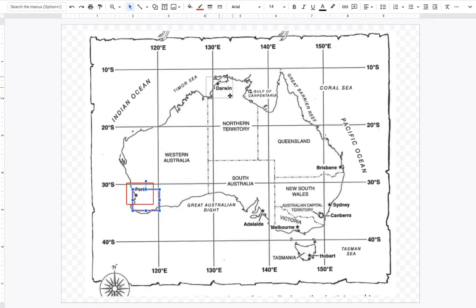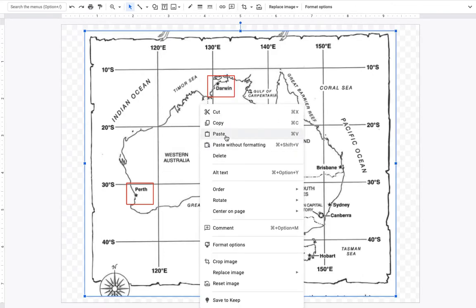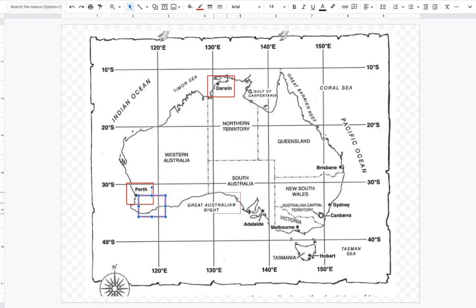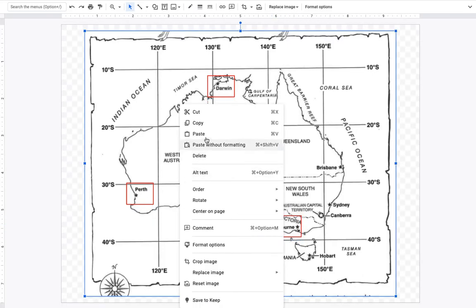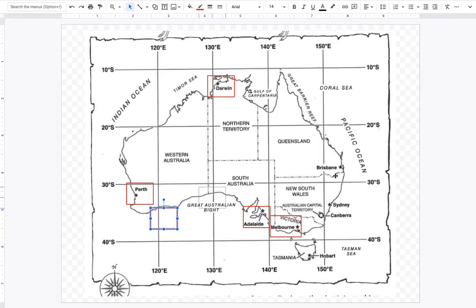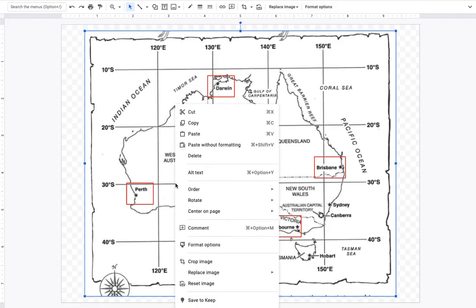Then we have Darwin. Okay. And we have Adelaide. We've got Melbourne. Need to make that a little bit bigger to fit. We have Brisbane. Make that a little bit bigger to fit. And we have Sydney